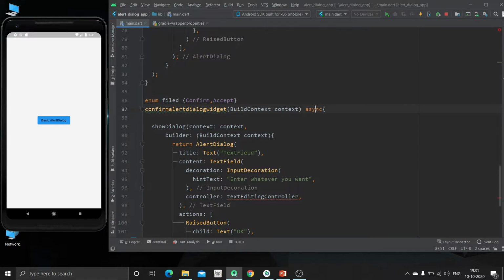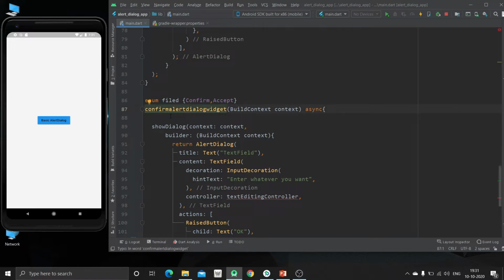And if we specify any method as asynchronous, then if this method is executing and taking some time, I can continue with some other method or process. So by specifying asynchronous, we can access the data in future also.